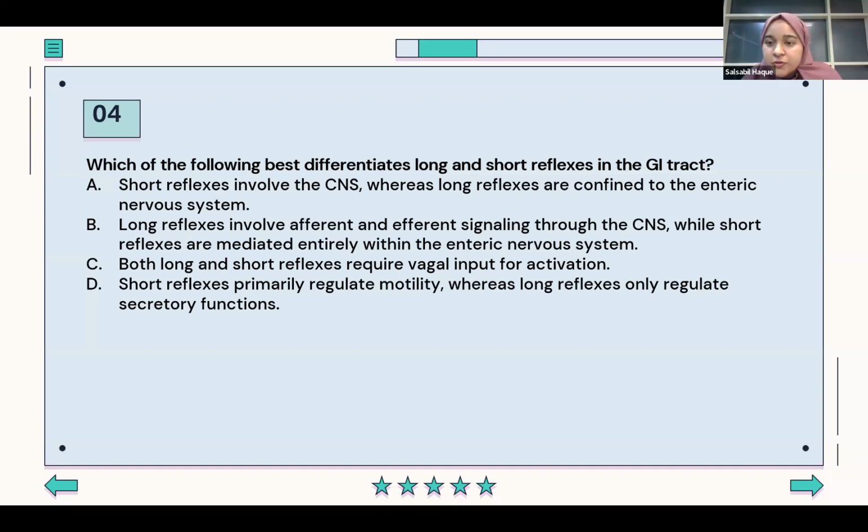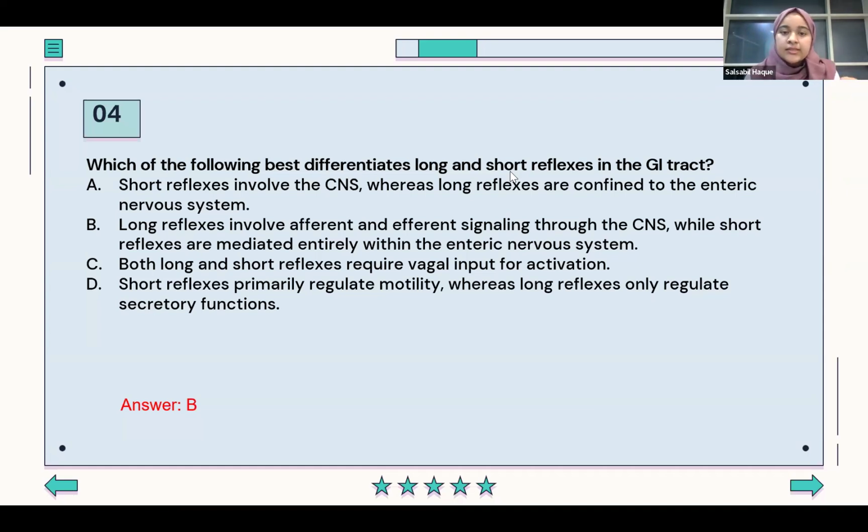Okay, we have an answer B. Let's see if it is B. It is B, you're right, good job. Okay, so the difference between long and short reflexes is the involvement of the CNS. So short reflexes are within the enteric system and they do not involve the CNS, whereas long reflexes